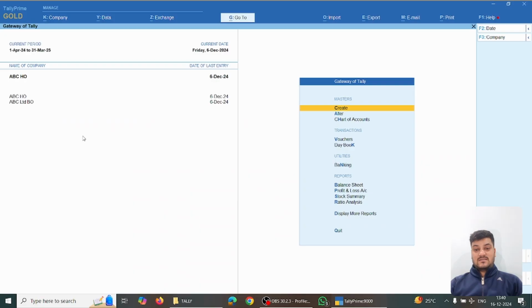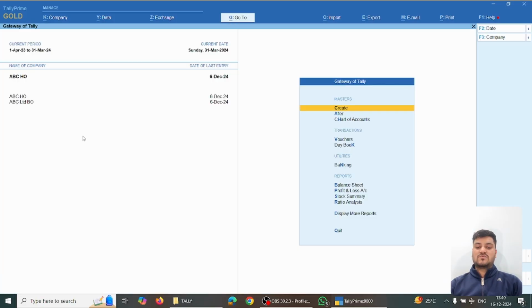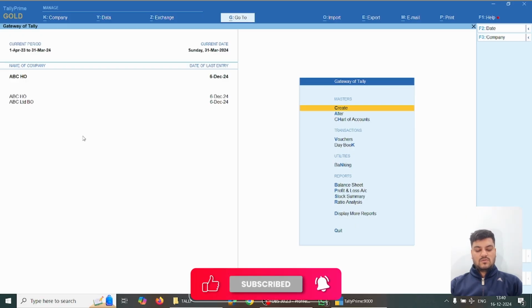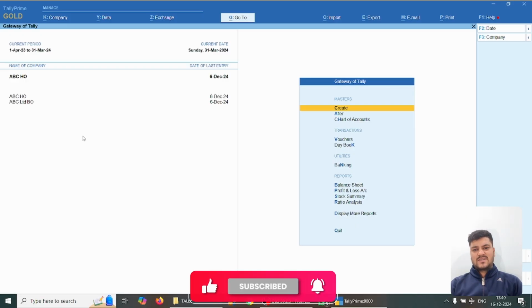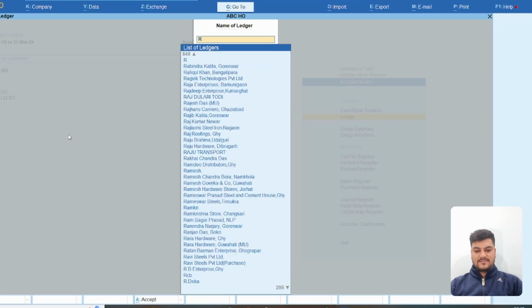The first thing we will do is change the date to 1/4/23 to 31/3/24. Suppose we are doing the 23/24 audit. The normal steps are that we first check whether all the expenses have been booked or not. So what we do is go to rent, then check the 12 months, then we go to electricity, salary, all other recurring expenditure, display accounting ledger, rent,